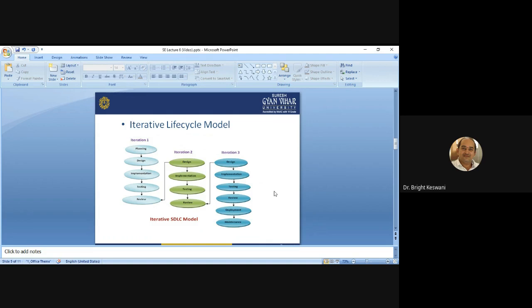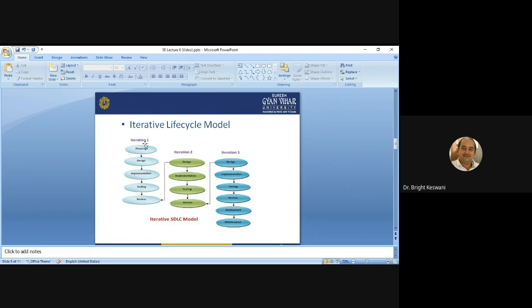An iterative life cycle model does not attempt to start with a full specification of requirements. When you don't have a full specification of requirements and you are in a hurry to start the project, then you can use the iterative enhancement model, because it is related to the iteration of activities, as illustrated in this figure.